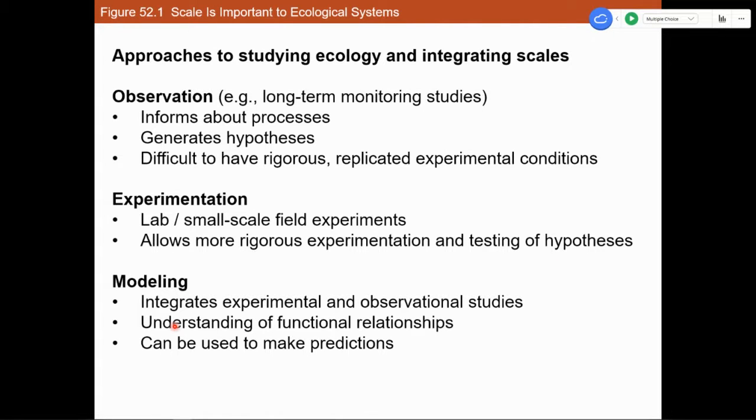And then modeling is also a very important component of ecology. And what modeling allows you to do is basically try and relate these two different approaches. So experiments can be used to parameterize relationships, so give numbers that you can use in a model, basically. And then by constructing those models and relationships, you can see if they reflect the real world as observed in your observations of the real world, okay? And you can maybe tinker with those relationships to see what process could be driving another observation.